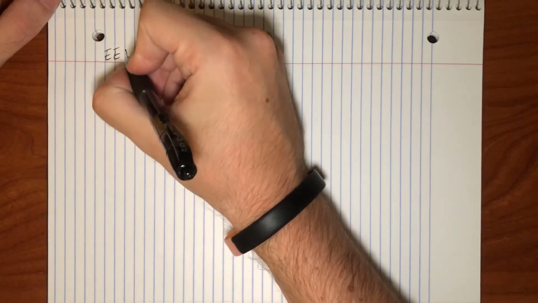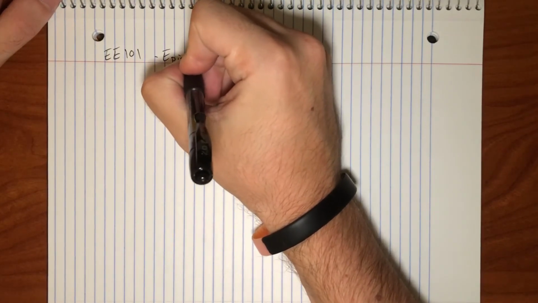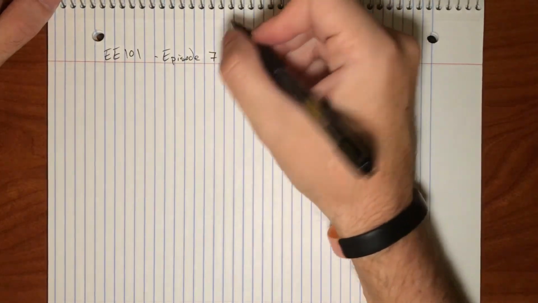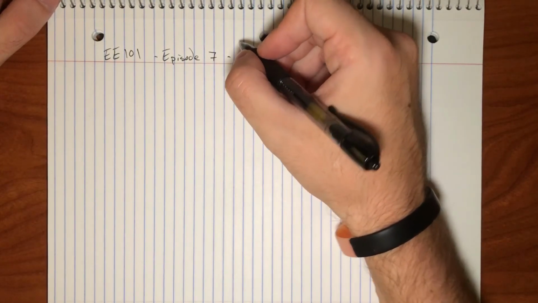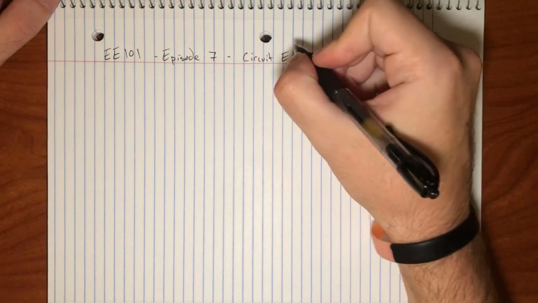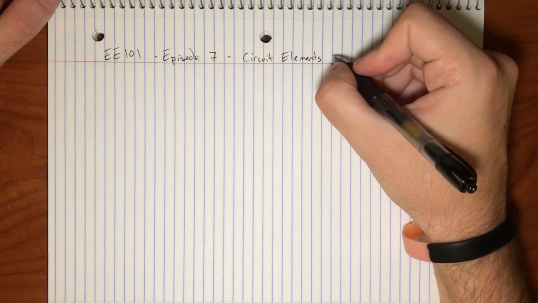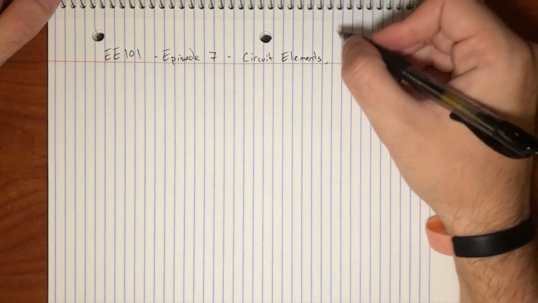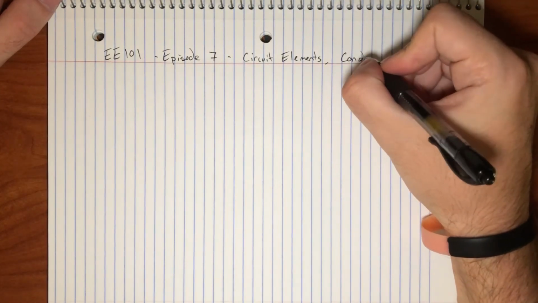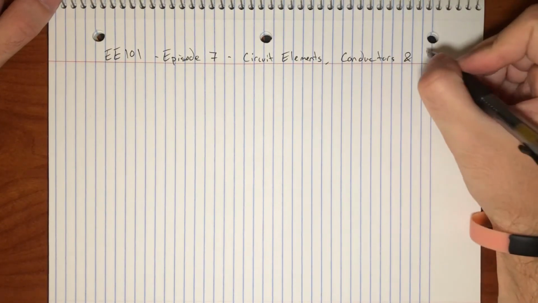E 101, episode 7, circuit elements. We'll say conductors and